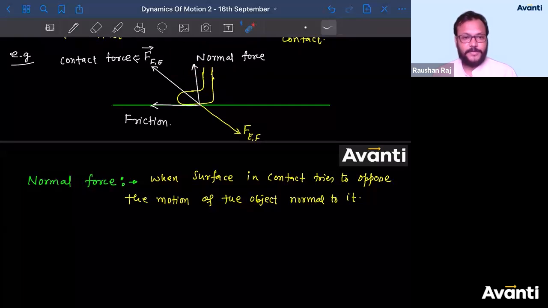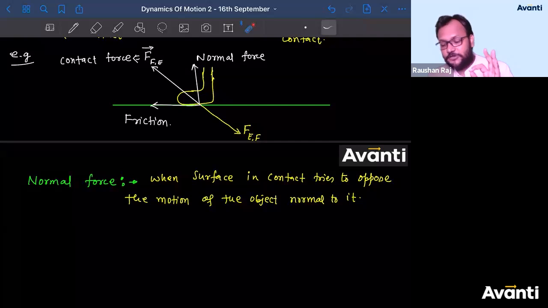Guys, clear hai sabko? Yes, Meghna, that is true also. Meghna is saying, sir, foot is applying force on the ground. But why is that going to occur? Because of the opposition of the motion. Because there is a tendency of the foot to go down, but the surface is not allowing that to happen. So if the surface is not allowing that to happen, what will happen? The surface will apply a force in upward direction. So in return, the foot will also apply a force on the earth. Got my point? Clear hai bachcha? Samajh mein aaya sabko? So when surface opposes the motion in normal direction, normal force will occur. Normal force will appear. Normal reaction force will appear. You can also say that. Got my point, guys? Chaliye.